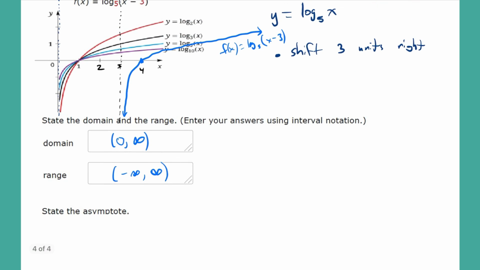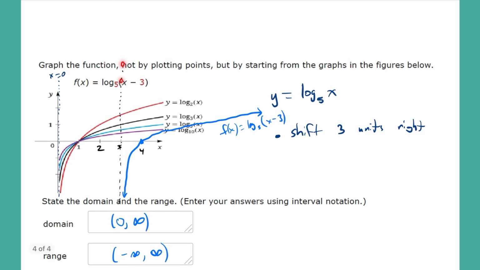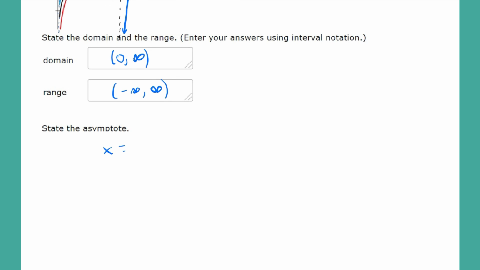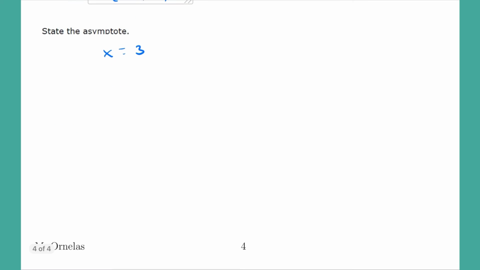And the asymptote we stated was right at 3, x equals 3, because it was at 0, but since things got shifted 3 units to the right, it now is x equals 3. And that concludes this